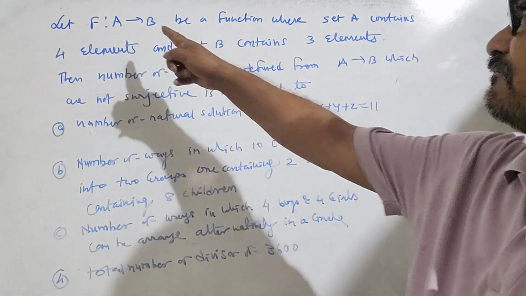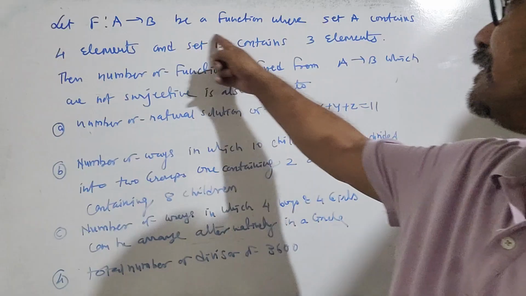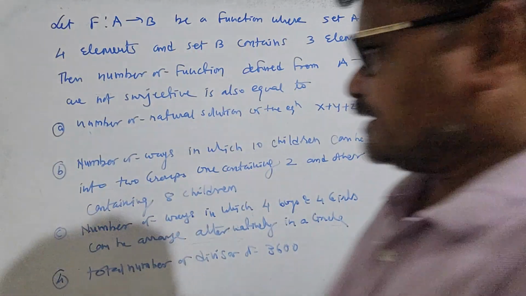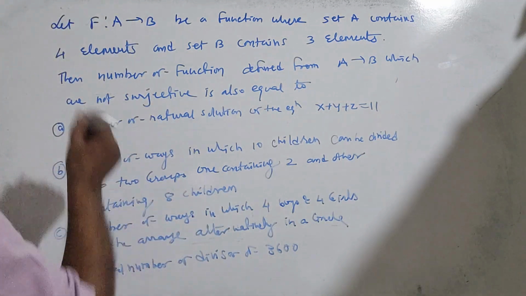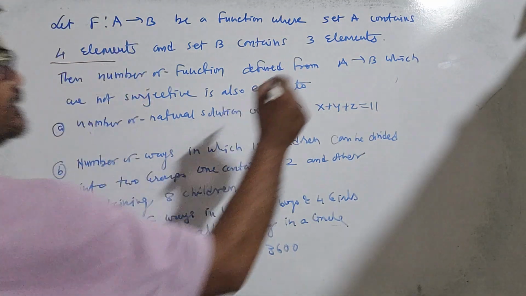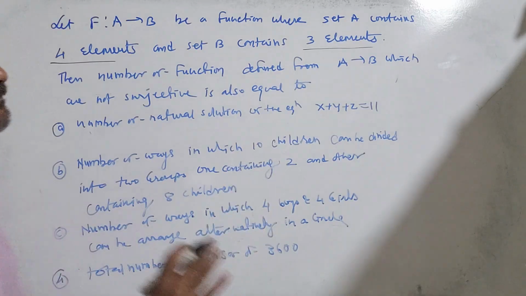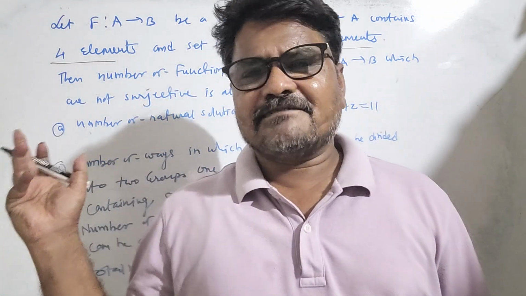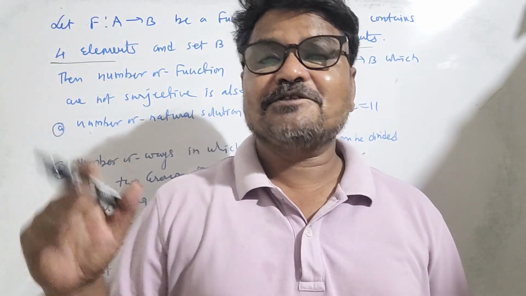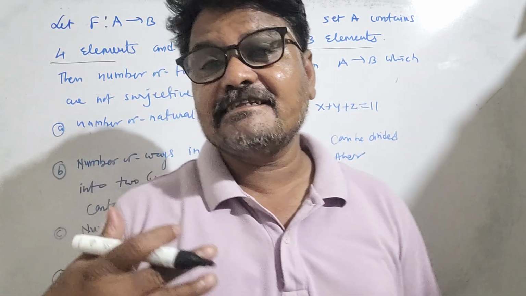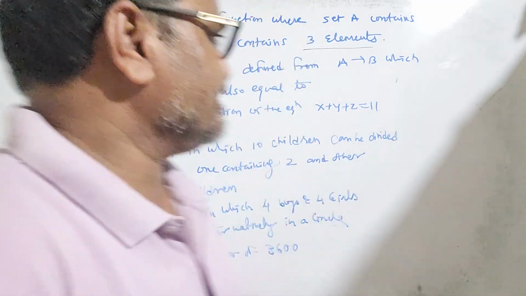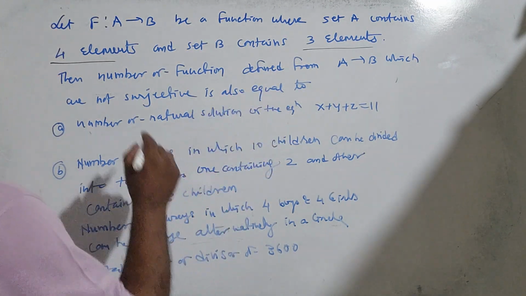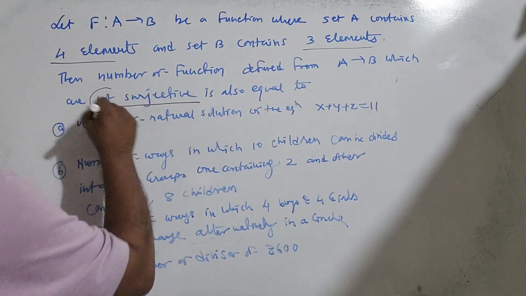So let f be a function from A to B where set A contains 4 elements and B contains 3 elements. I am giving here 4 elements and 3 elements simply, but they can take some bigger numbers there in the examination to check your calculation skill as well. Then the number of functions defined from A to B which are not surjective, which are not